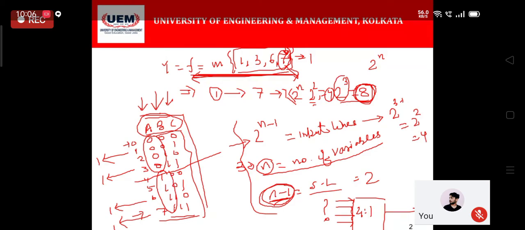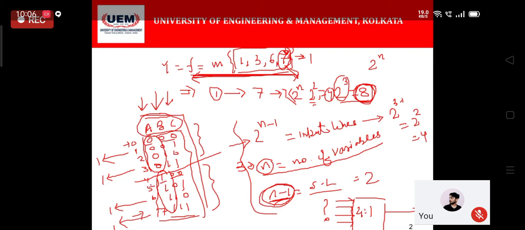As you can see, apart from A, the BC is basically creating the same set of values that was in the upper part or in the lower part. So if we take this one as the upper part and this one as the lower part, you will find that BC changes between 0 0, 0 1, 1 0 and 1 1. Again it changes from 0 0, 0 1, 1 0 and 1 1. So BC is creating a replica between the two individual areas, either the upper part or the lower part. The only thing which is changing is the value of A, which is either 0 or 1. For the BC value when it's 0, A can have a value of 0. For the BC value when it's 0, A can have a value of 1.